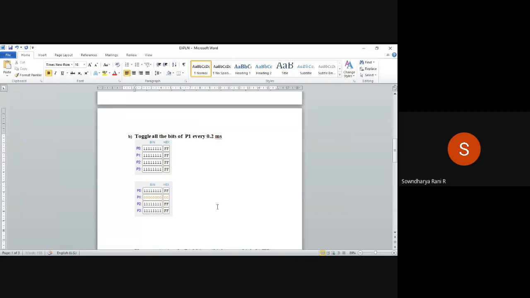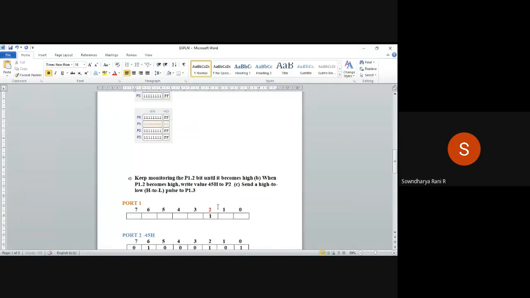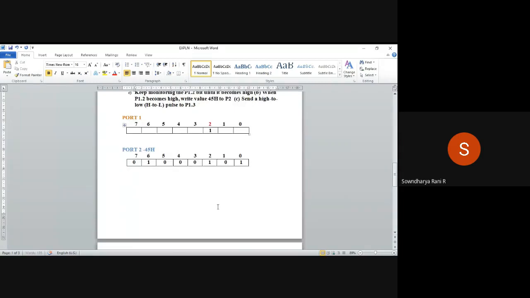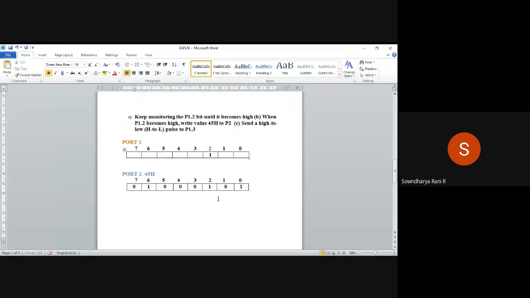Okay, so I'll explain the third program. In the third program, you have to keep monitoring the port 1 second bit until it becomes high, right? Port 1 starts from bit 0 to bit 7.